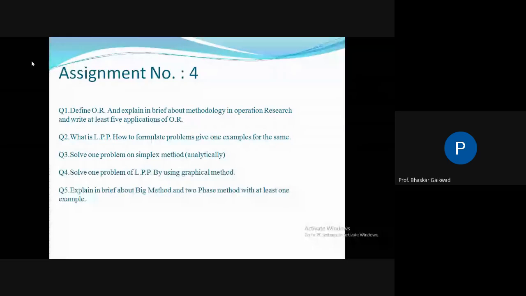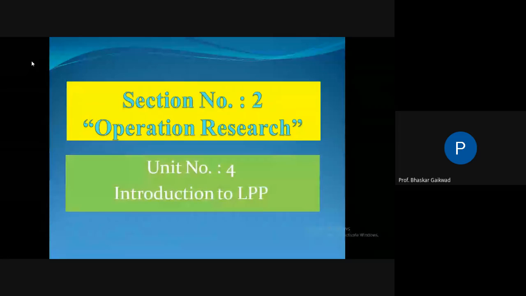But the same problems, don't take in the assignment. You can take some other problems, maybe from your books, or from the already printed assignments, or you can solve problems from the question papers also, with proper understanding. The more problems you solve, the more understanding you will have related to this. So this is actually the part of our operation research. We'll review this and then go for the next part, that is the